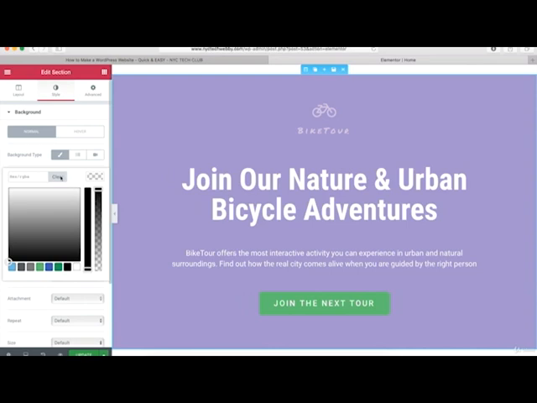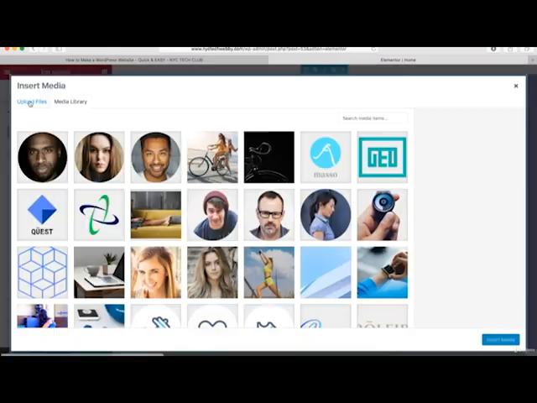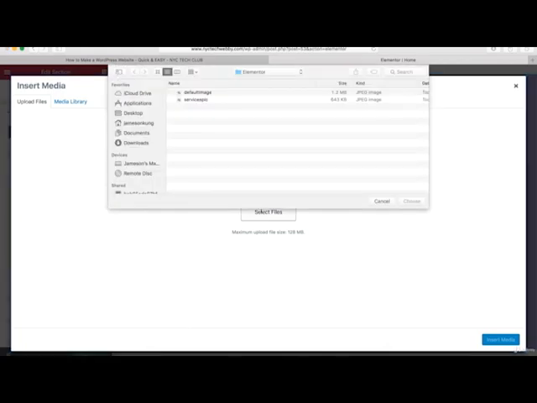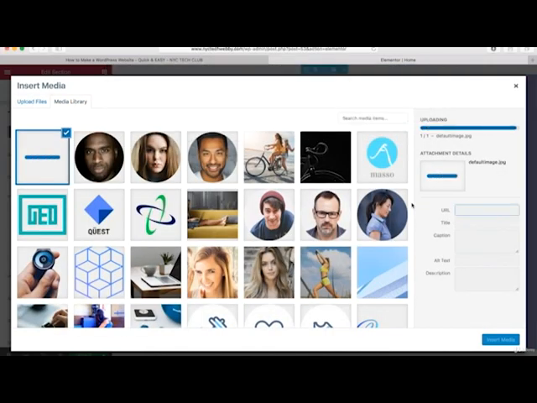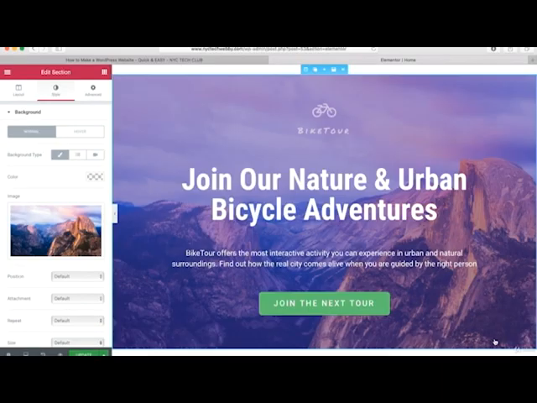And you can also add an image by clicking on the plus button right here. So you can go in here, and if you want to upload your own file, just click on Upload Files, and then click on Select Files. And then you can add your image, just by finding it and then clicking on it. And then you'll see the image get inserted right here. And then we can just click on this button, and now you can see that we have a slider image right here. But if you don't want the image right here, we can go back in here and delete this,